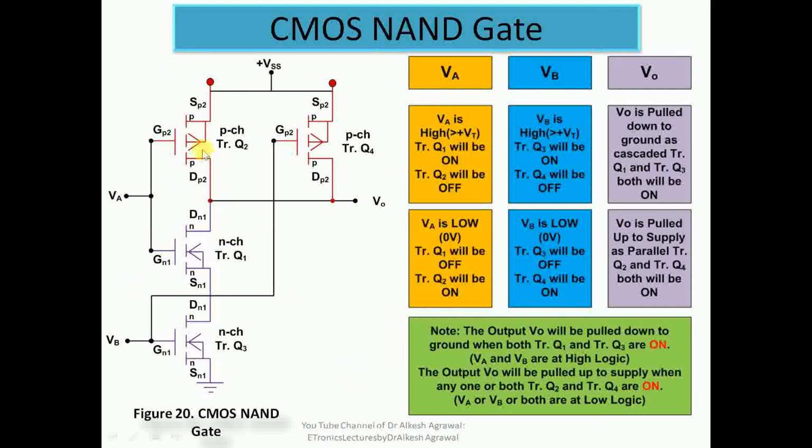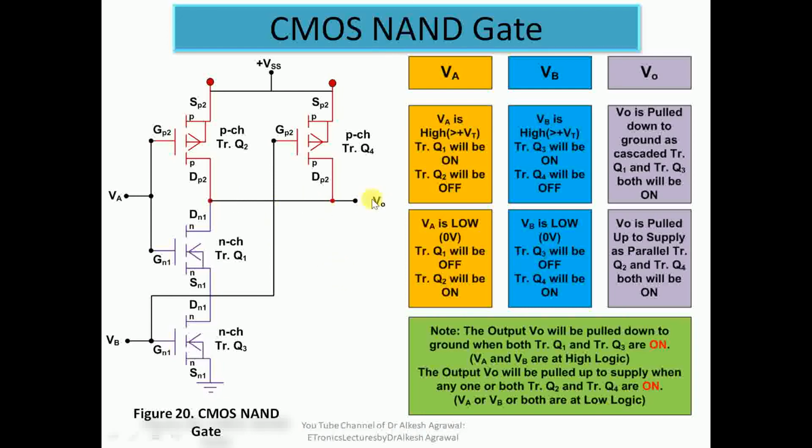Again, you see what we are doing over here is, we have one CMOS inverter configuration, and from this point to this point we have another CMOS inverter. In the second CMOS inverter, the N channel transistor is connected to the N channel in a cascaded form, and here this is the output, and this P channel MOSFET is connected in parallel to the other P channel MOSFET, and these two are connected in parallel. So this is how a CMOS NAND gate is designed.